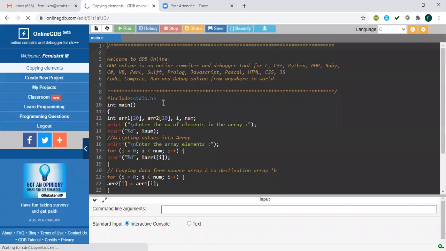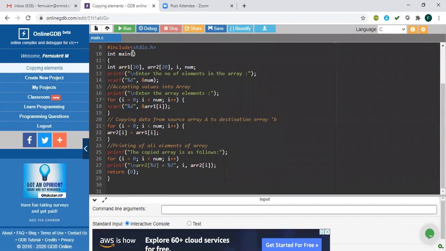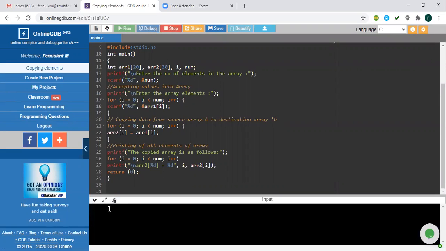Copying the elements. This was also already explained. We maintain two arrays, and from the first array, all the elements are copied into the second array. So enter the number of elements. We give 5. It asks for the elements one by one: 1, 2, 3, 4, 5.